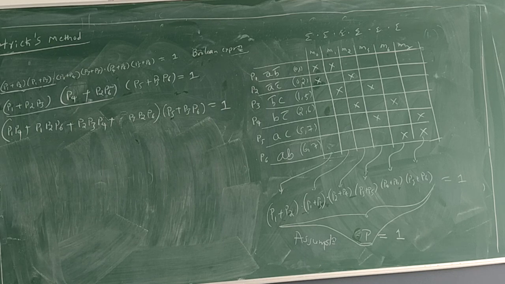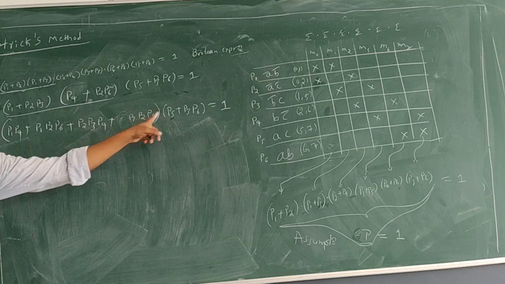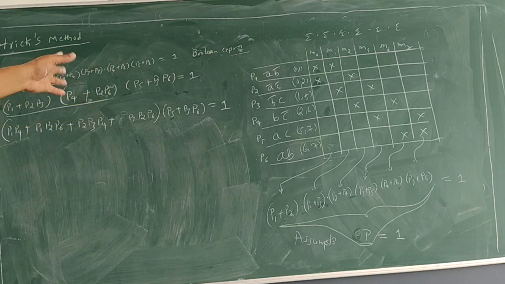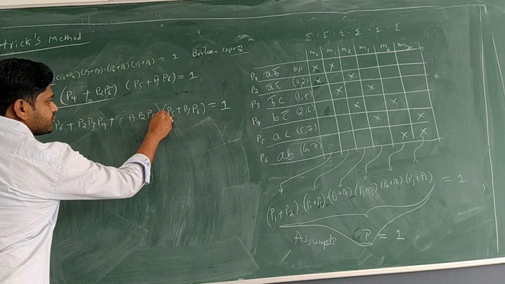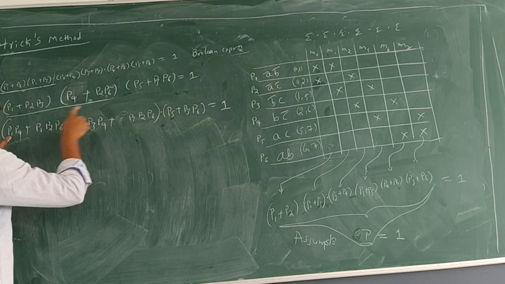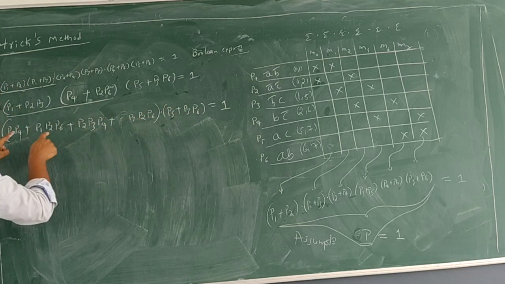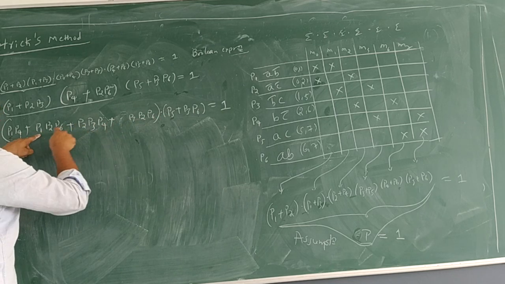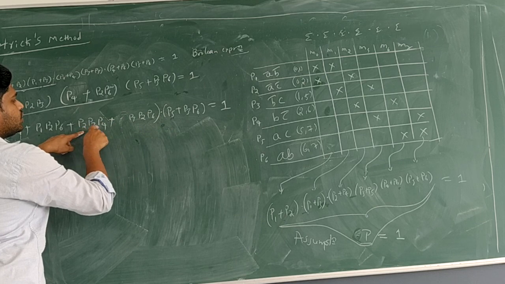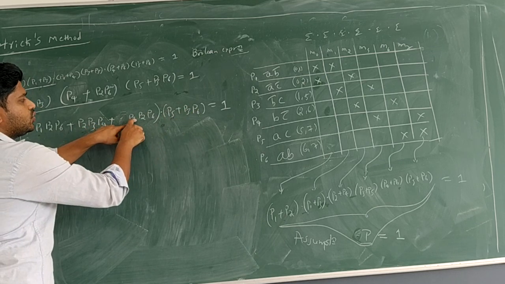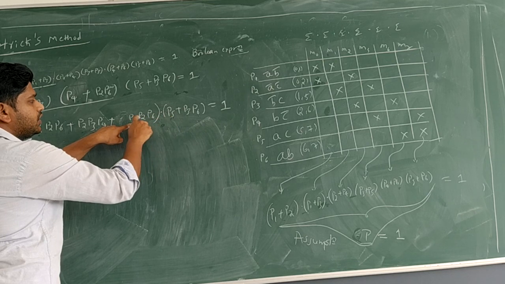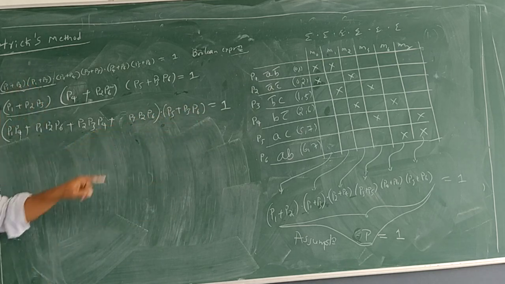Okay. So now here we have 4 terms. Here we have 2 terms. One side 4 terms, another side 2 terms. Go for dot because we have dot. Okay. Next, 1 4 with 5, 1 4 with 3 6, 1 2 6 with 5, 1 2 6 with 3 6, 2 3 4 with 5, 2 3 4 with 6, 2 3 6 with 5, 2 3 6 with 3 6.